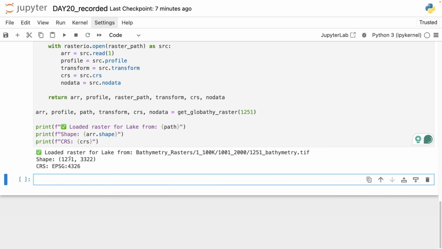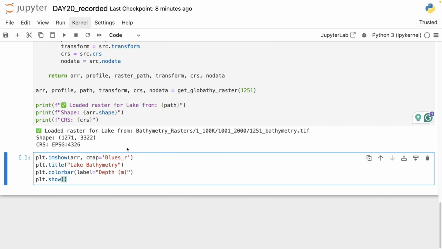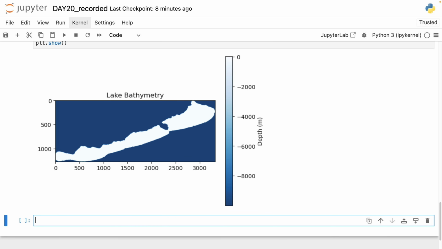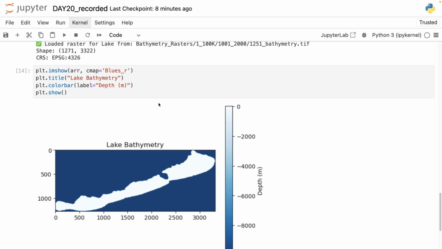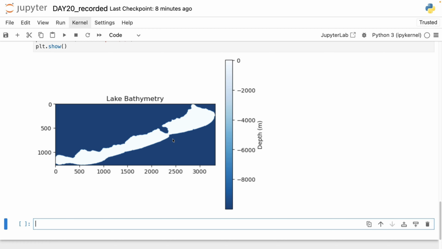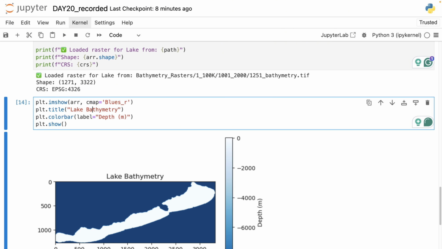Yep, here we have the raster grid, so it's about 1200 pixels in height and about 3000 pixels in width, which checks out because Balaton is a fairly elongated lake. First, let's do a quick visual to see how it looks, and then we will fine-tune the map. Yep, so here some things are a little off because the lake's depth should be just around 12-15 meters. So we will move on and create a better visualization where we will also take care of these